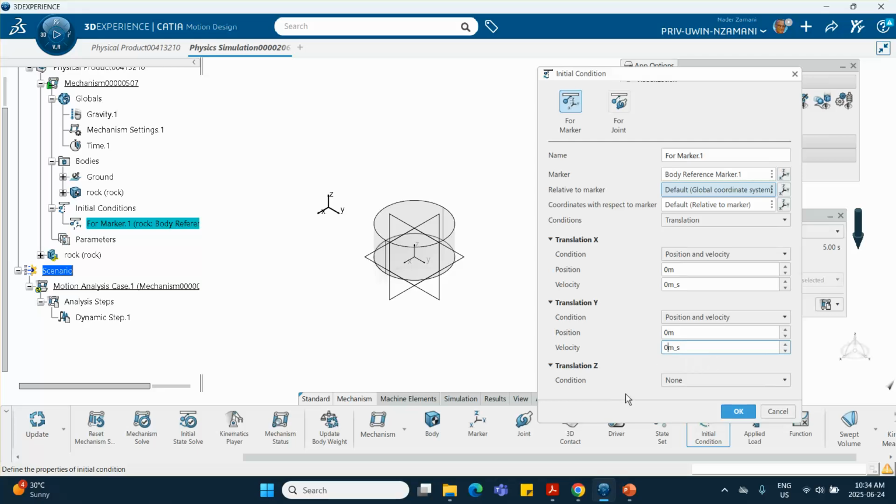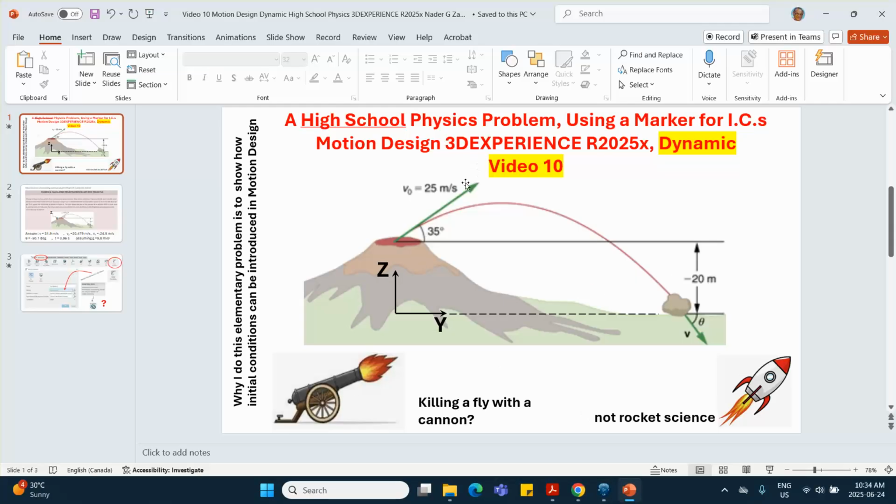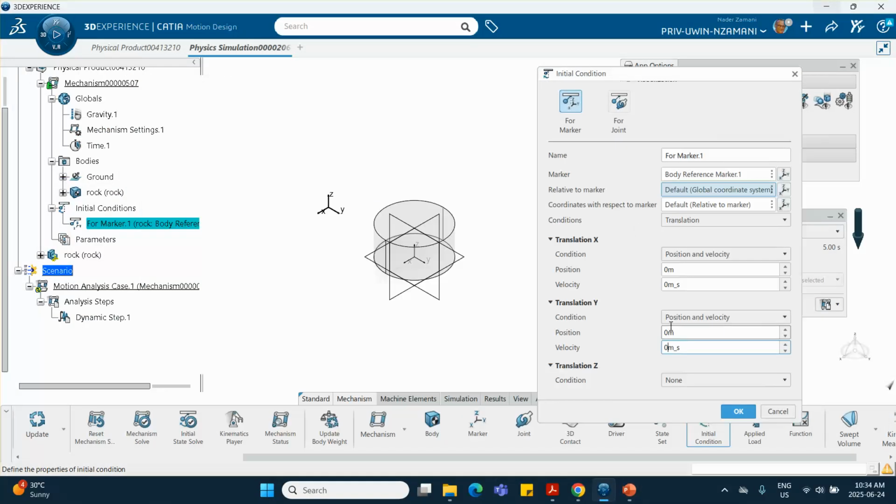and y velocity to be, if you take a look at this, you take the 25 multiplied by cosine of 35 degrees, you're going to get the component of velocity in the y direction. So 25 times cosine of 35 degrees is going to be 20.479. And for Z, again, position and velocity,